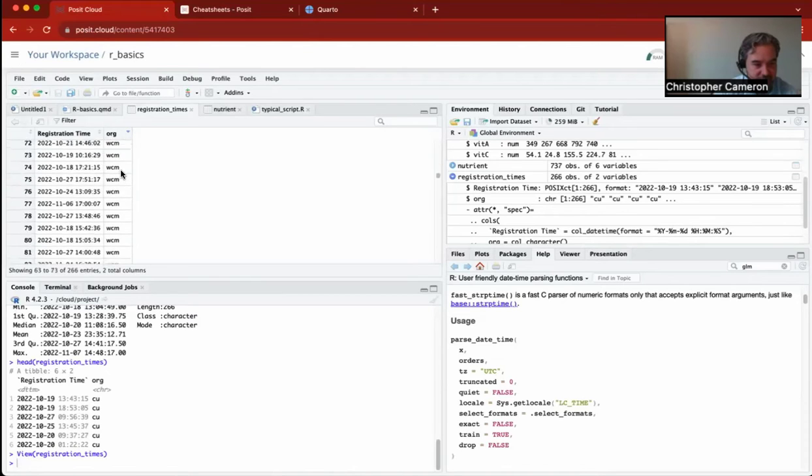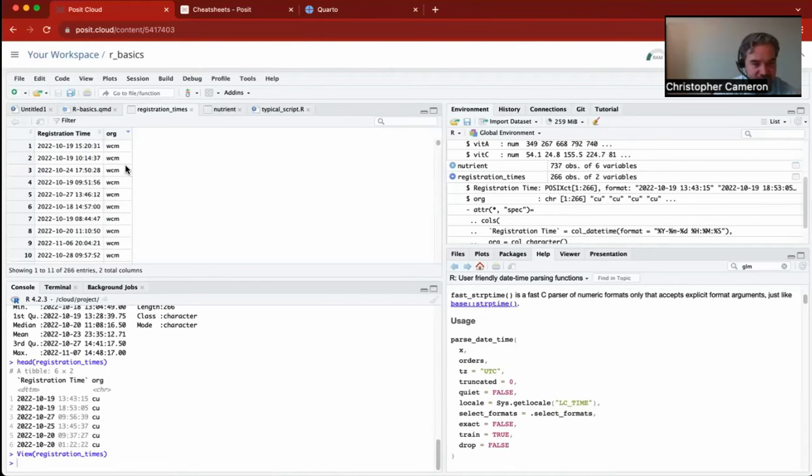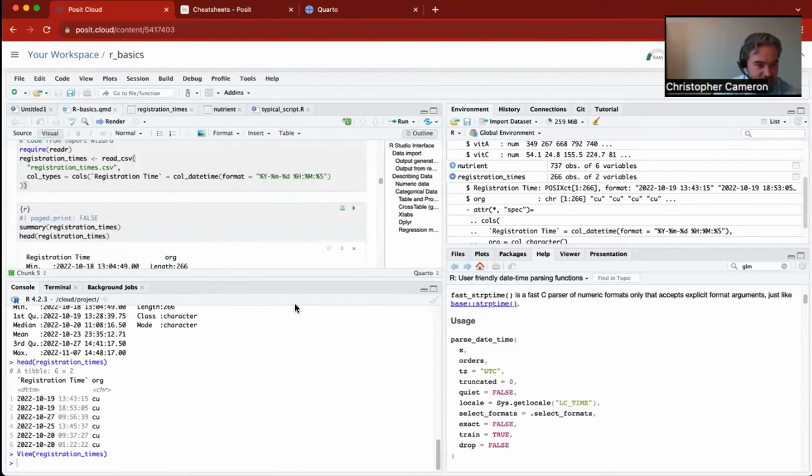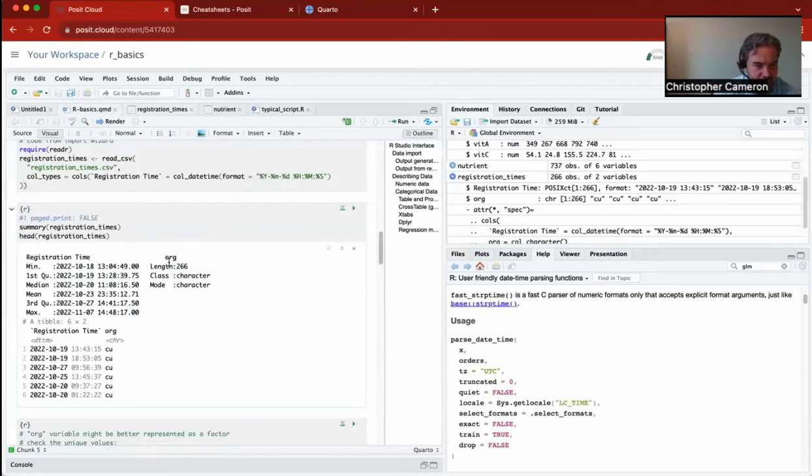You can see that there's only a few organizations here, so that probably should be a factor instead of a string. You can see right now that when I ask for a summary of my registration times data set, the organization column is simply character type. If we change it to be a factor type,